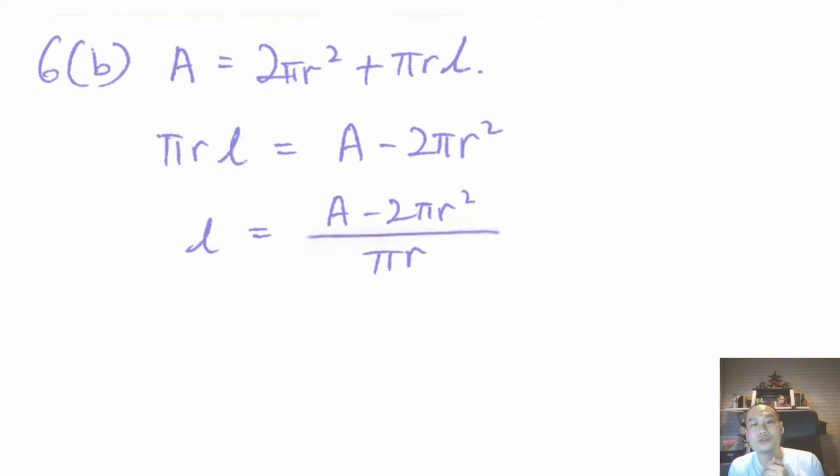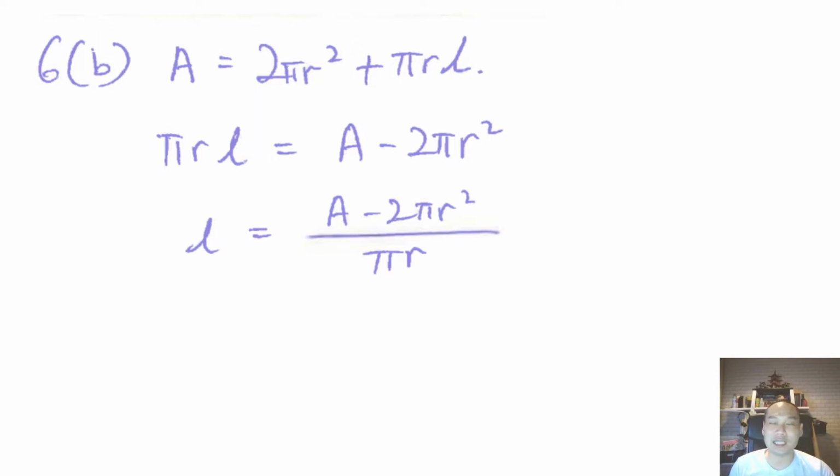A equals 2 pi r squared plus pi r L. So of course, this is another popular formula from your mensuration questions, right? This is actually the surface area, the curved surface area of the cone, pi r L. Then we have 2 pi r squared, which is two circles. Interesting. Okay. So these are some of the very familiar formulas,